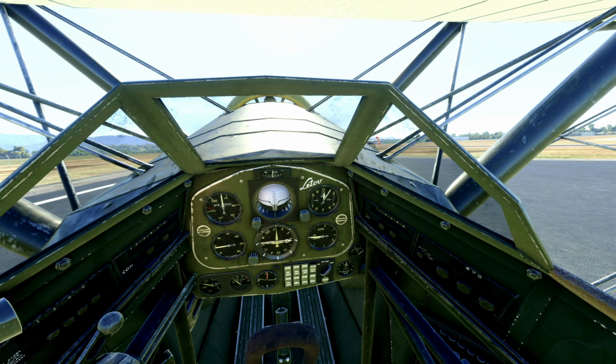Okay, here we are at the end of the runway, and as you can see, the view out is not the best. So what I'm going to do is take off in the third person view, and we'll go from there. Right. Now I'm not going to worry about the radios and everything else at this point in time. People who may buy this aircraft, that's entirely up to you if you want to muck around with that. But what I'll do is give it the manoeuvrability, stall characteristics, fly around, come and land, and give you my usual